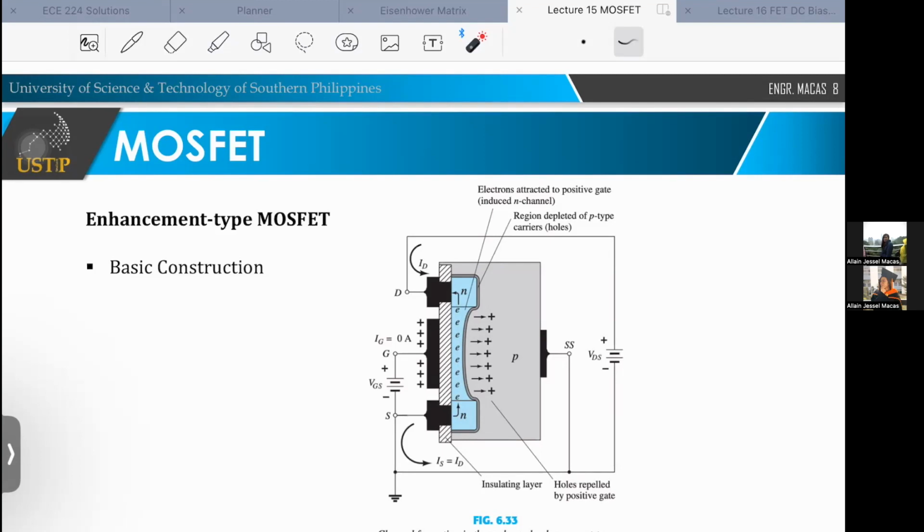Okay. So sa depletion type, ang imong channel is already created, class, no? So imo na lang siyang i-activate. But sa enhancement, ikaw pa yung mag-create, ikaw pa yung mag-bias para ma-create ang path sa imong electron. Okay. Now, also, class, maka-create na ka og path if your VGS is equal or greater than your